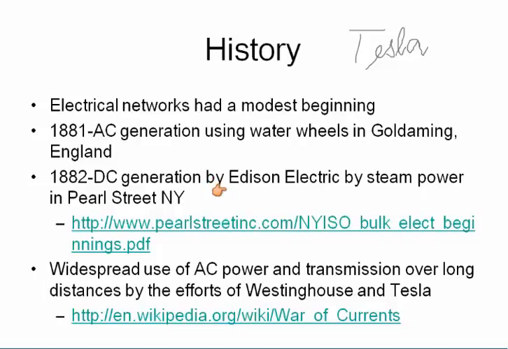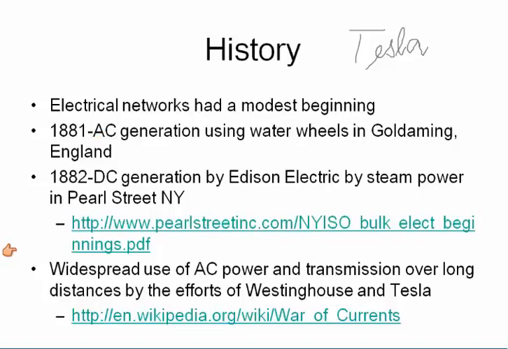And there was this intense rivalry between Mr. Edison and Mr. Tesla. At one stage, it got so bad that Edison had a demonstration in New York, I think, where he had AC. He got an elephant. He electrocuted the elephant, killed the poor creature. He just wanted to prove to the public how bad AC is. But that was the 1880s. Gone are those days. Now, most of the power generated, transmitted and consumed is AC.